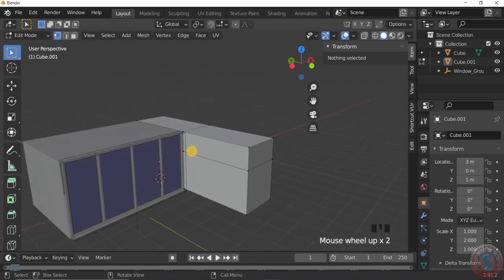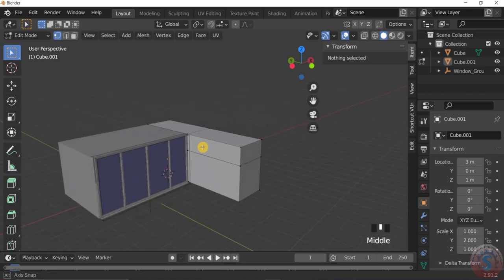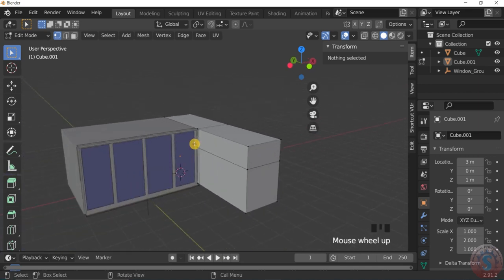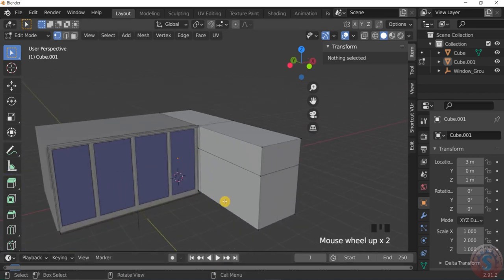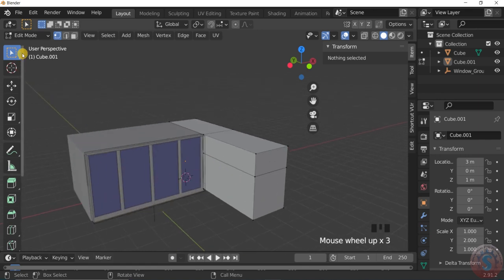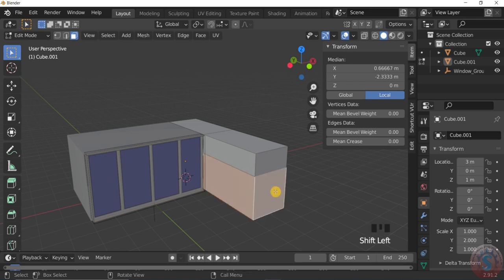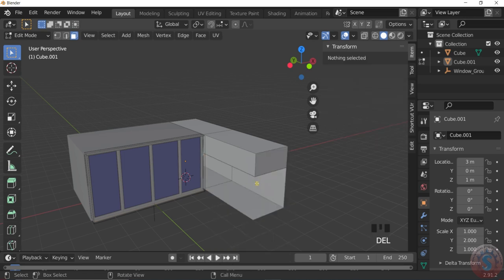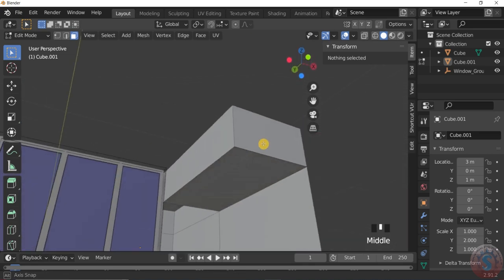You can create either loops, or you can create by using the extrude, by using the G. By moving the objects, you can create like this, and go into the edit mode and go into the faces and select the face. These 2 faces I want to remove. Click on the delete key or X key, click on delete the faces here.